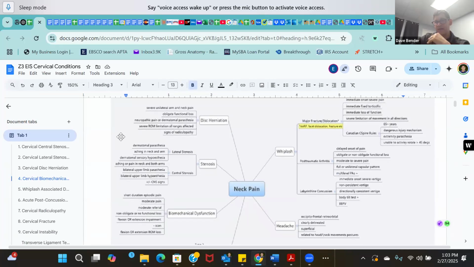Now, that said, not everybody fits into it. When they do, it's great, it's easy, but not everyone will always fit cleanly into one of these conditions. As we said, we can have somebody with a disc herniation, we can have somatic pain,